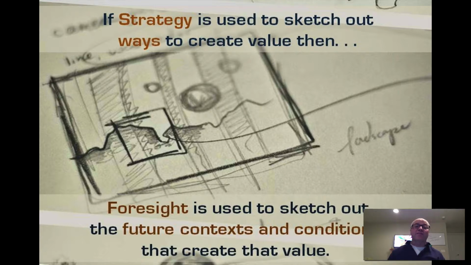So this is the slide that talks about strategy, creating value, and if that's true and that's what it sketches out, that's the landscape that it creates, then foresight is sketching out future context and conditions that creates that strategy or value ultimately. So an extra thing that you can really add on this slide, or at least can be in the background of your mind when you're sharing this slide, is that when we look at drivers outside of our traditional areas of concern, the ones that are of concern to our organization, in this particular instance, the big driver for the Walt Disney Company is entertainment, of course.